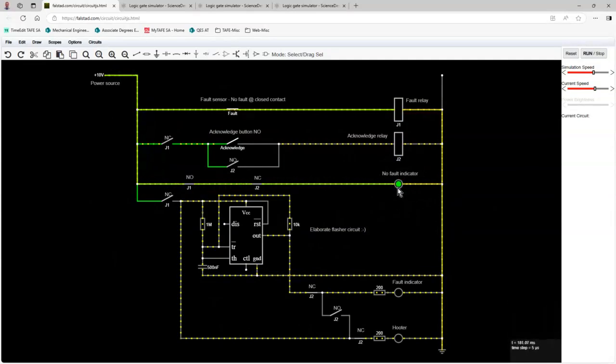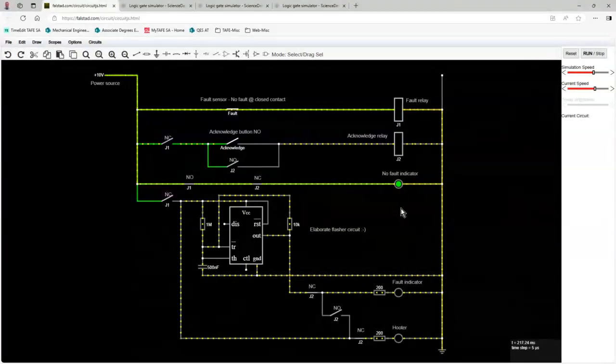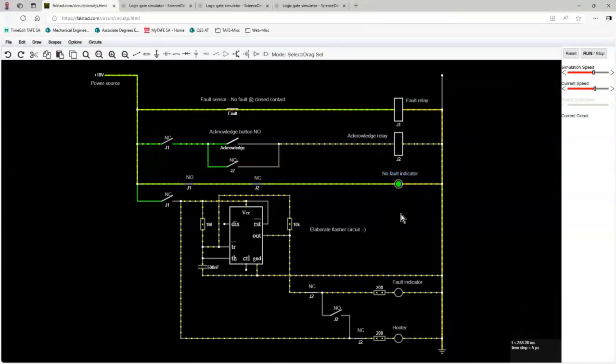I made it green, and I used LEDs actually. I made it green because you can change it to different colors, but I prefer to have a label there and say, okay, this is no fault. Everything else is off. What happens if I activate my fault now? If I activate my fault,